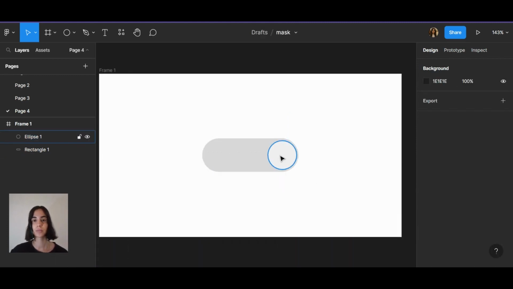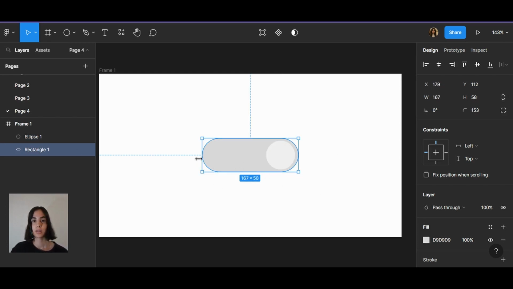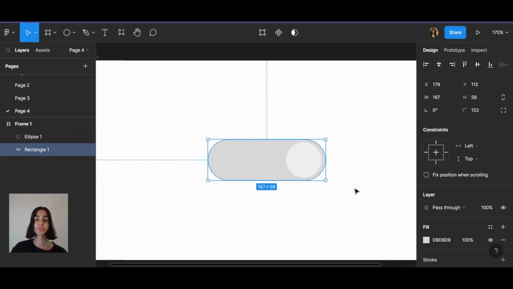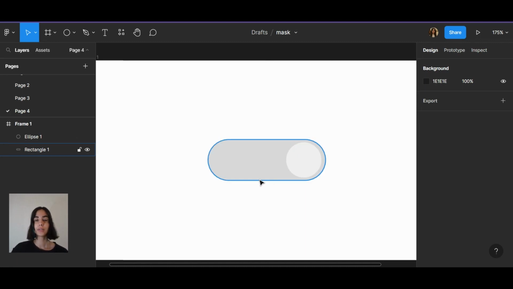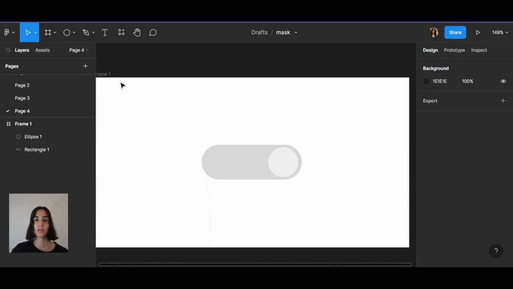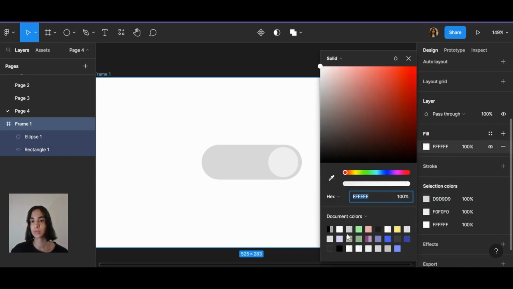Okay, I'm going to use my arrow key to shift it to the left and zoom again. Okay, right now I will change the color of my background to this one. Okay,